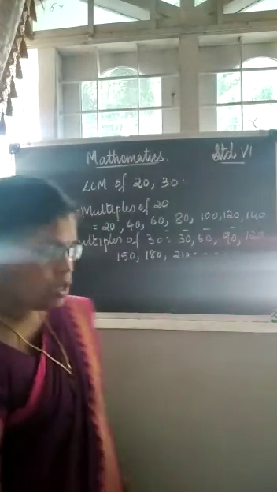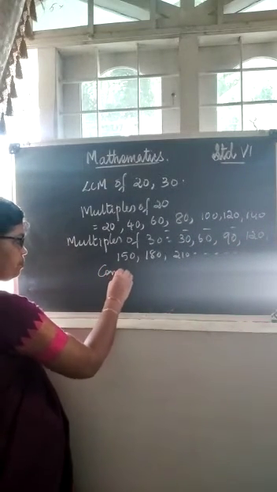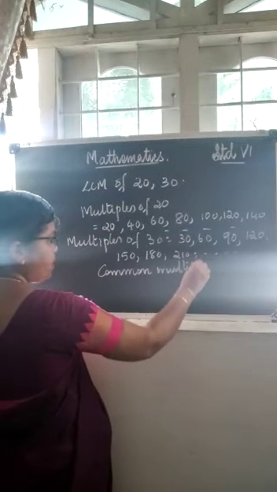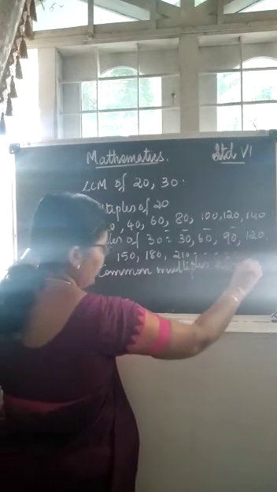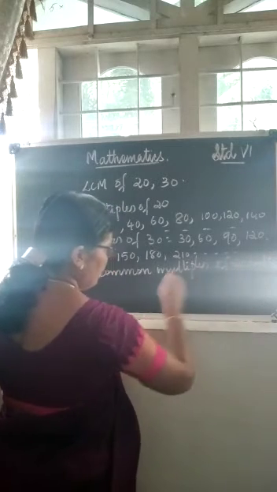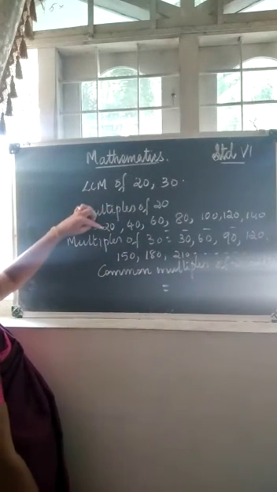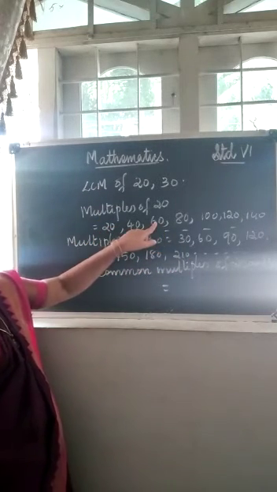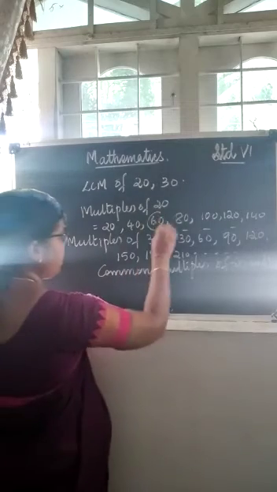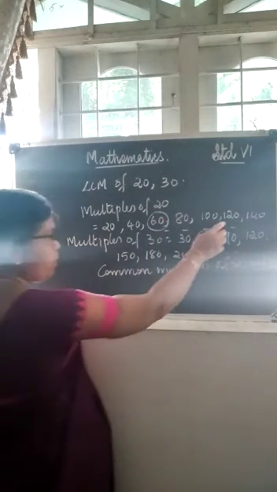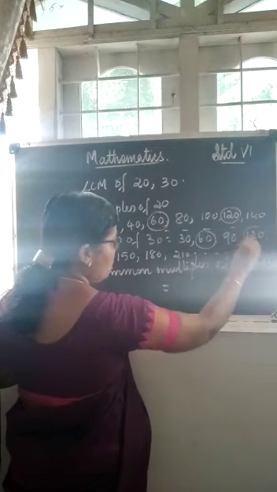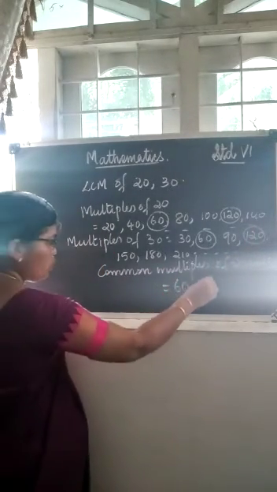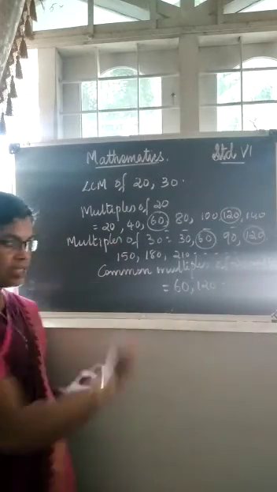We can write, right? So let us write the common multiples of 20 and 30. Let us find the common multiples among both the numbers. See here 20, here there is no 20. Here it is 40, no 40. Here 60 is there, here also 60. Next common multiple you see 120. Here also there is 120, right? So the common multiples are 60, 120, etc. It goes like this, right?